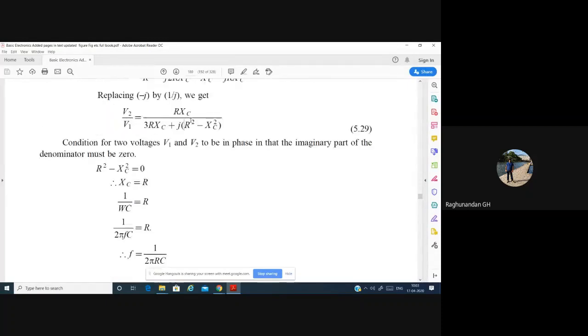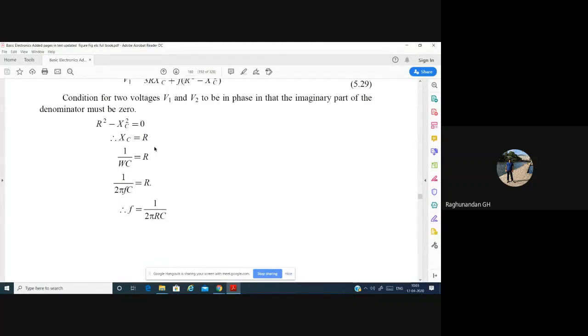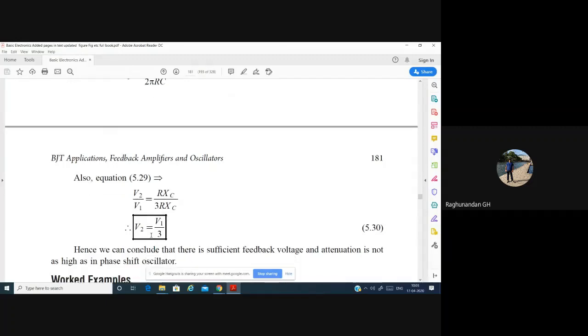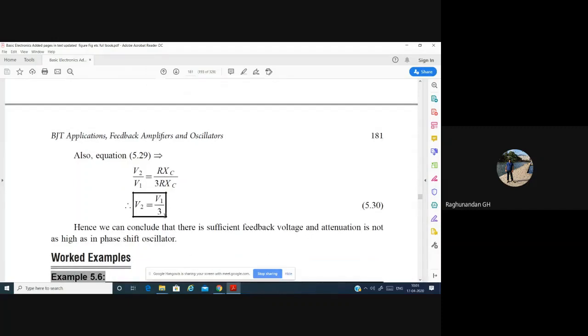After considering the imaginary part as 0, the remaining term we have to consider. So this is 0, meaning Rxc by 3 Rxc. So the remaining part, V2 by V1, is equal to Rxc by 3 Rxc. Rxc gets cancelled and we get V2 by V1 is equal to 1 by 3. So V2 is equal to V1 by 3. This indicates that we can conclude that there is sufficient feedback voltage and attenuation is not as high as in